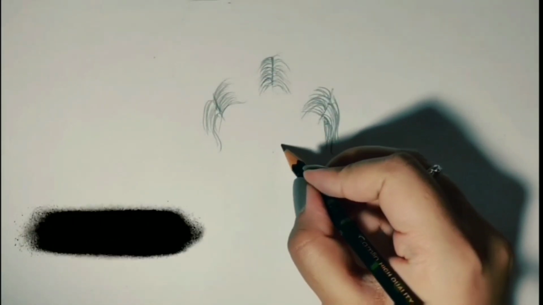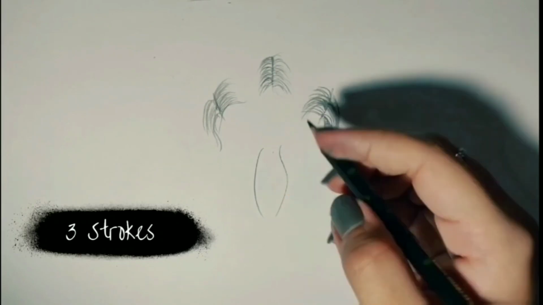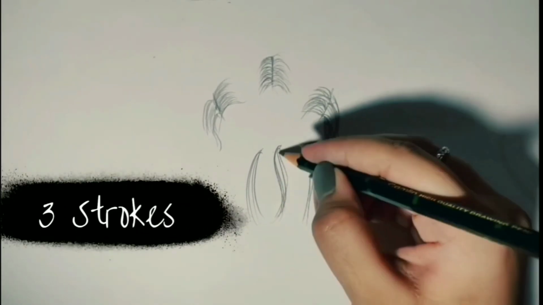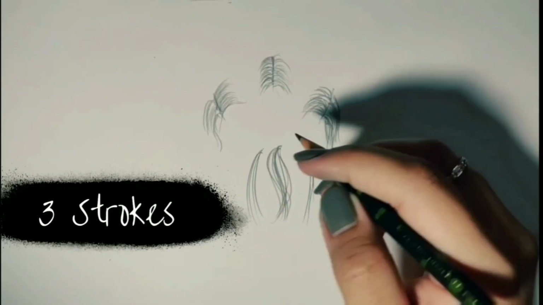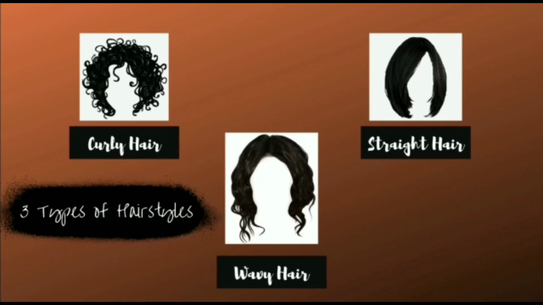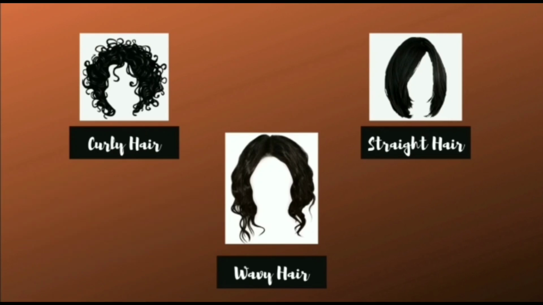The next thing that you have to keep in your mind is there are 3 types of strokes: S kind of or the curved ones. There are generally 3 types of hairstyles: curly hair, straight hair and baby hair. With the help of the 3 partitions, 3 strokes and these 3 hairstyles, I'll teach you 9 different short hairstyles.